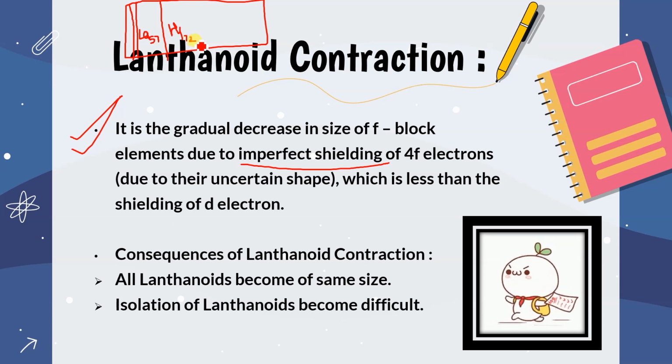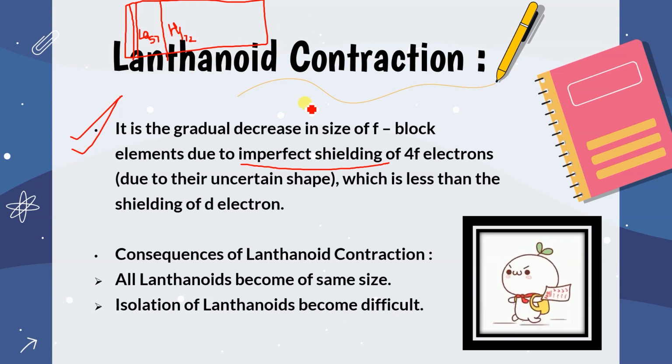Yes, that means if I'm talking about elements from 58 to lutetium 71, that is 14 elements, they are excluded from which group? They are excluded from group 3 only, isn't it? So from group 3 to group 4, the atomic size was anyway decreasing very slightly, and if again between them there are 14 elements, you can assume how close they will be in their atomic radius. They will be very close in their atomic radius. So that is why it is happening, because of this lanthanoid contraction.